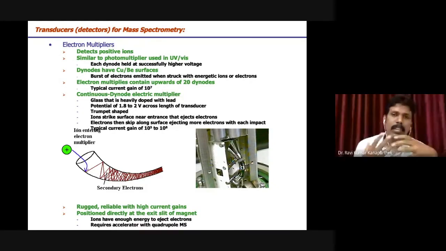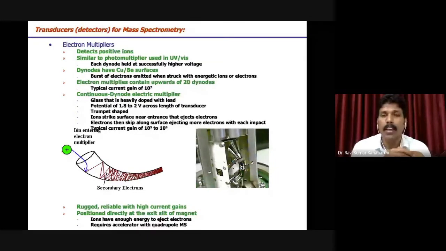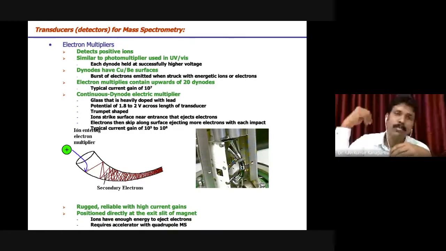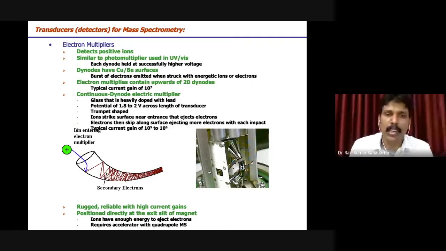Why is it required? Because we can't detect the current for fewer electrons. If you have a larger number of electrons and the current is more, then detection is fairly easy. If you have only one or two electrons, then detection and appropriate correlation between the fragmented ion and the structure is not possible, because they produce a very weak signal. We need more current. If you want more current, then whatever is produced should be multiplied. The electric components multiply things, and then the signal will be much better to read.